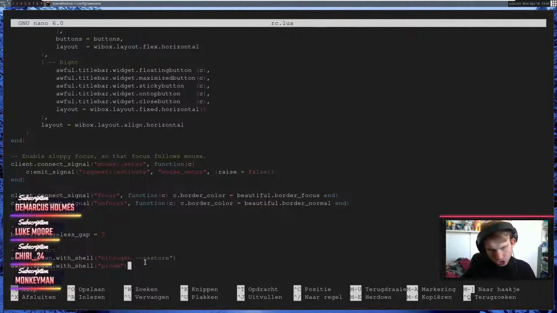Okay, maybe I should just completely swap the thing in here. Maybe I should just be like PyCom, and I should then do nitrogen --restore underneath that.